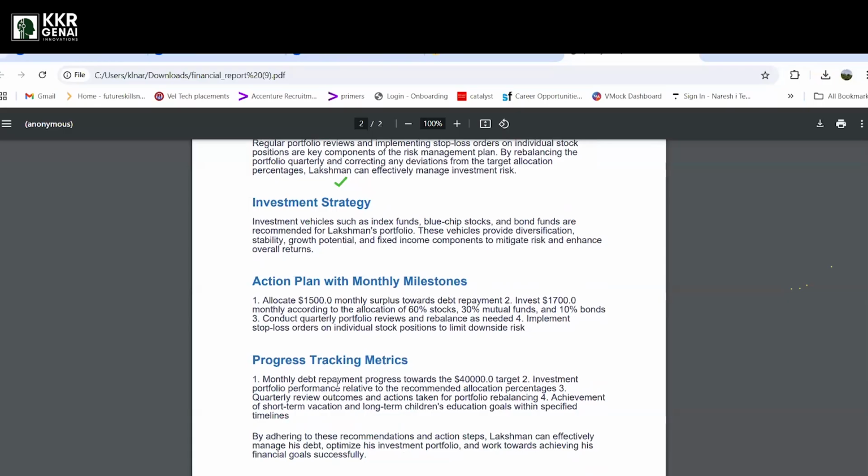Firstly, monthly debt repayment towards the $40,000 target, and the investment portfolio relative to the recommended allocation percentages, and a quarterly review of outcomes and portfolio rebalancing. Like I told you, rebalancing our portfolio is based on the risks in current market trends, and also achievement of the short-term vacation and long-term children's education goals within the specified timelines that were given by us.